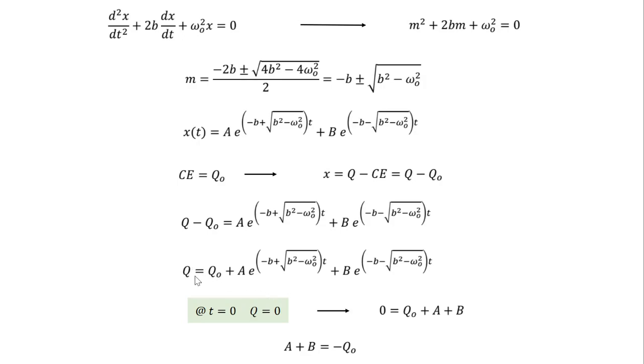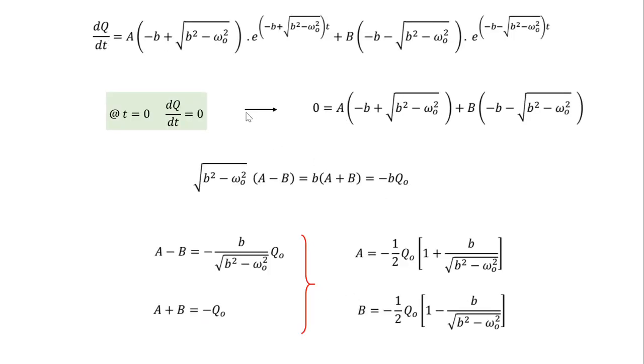So take the derivative of the right hand side. The derivative of Q naught is going to be 0. The derivative of the exponential is going to be the same function, and you need to apply the chain rule. For the derivative of minus b plus square root into t, all the terms inside the bracket are constant, and the derivative of t is going to be 1. So basically you apply the chain rule. Don't bother, the equations are going to get really bulky, but it's pretty simple and straightforward.